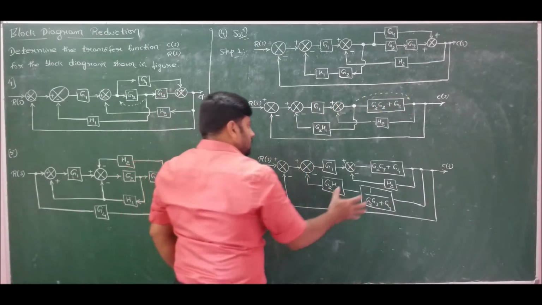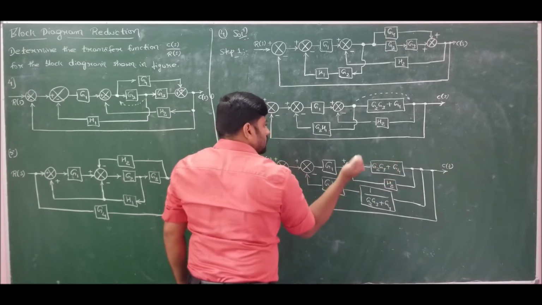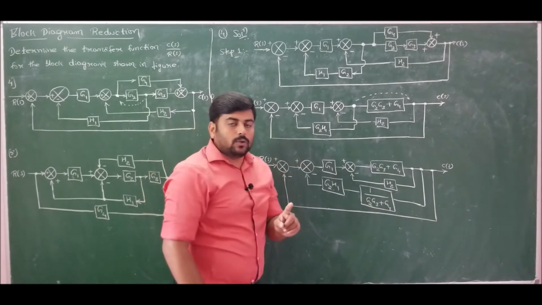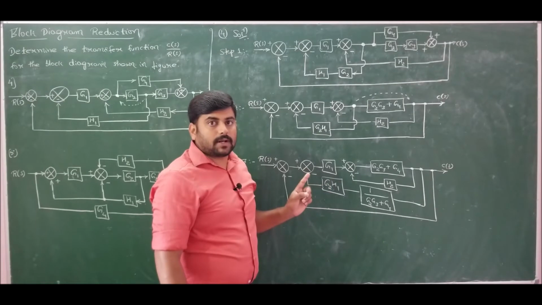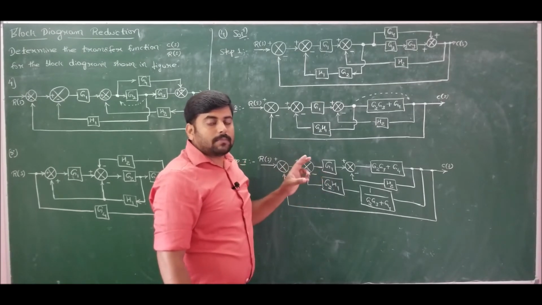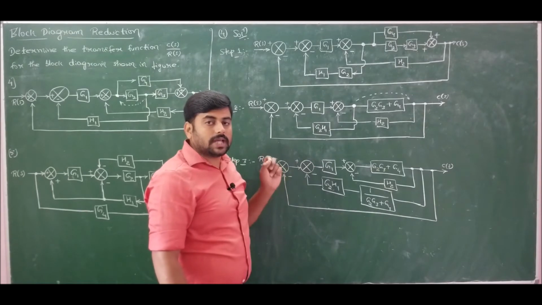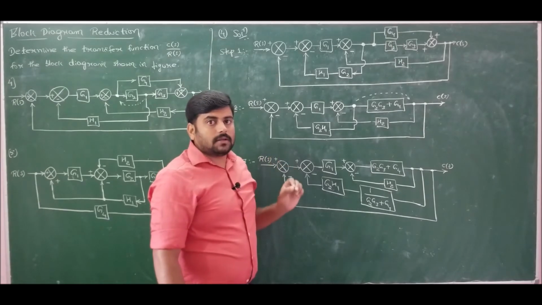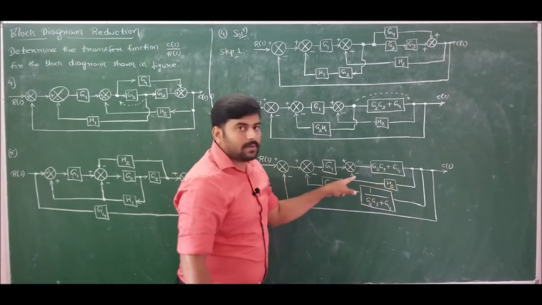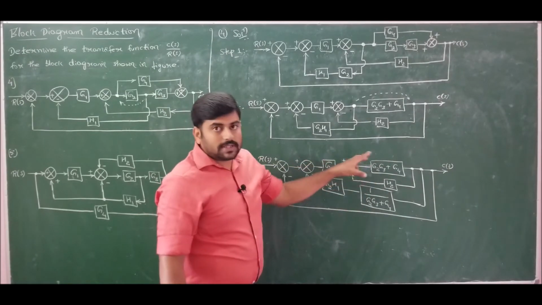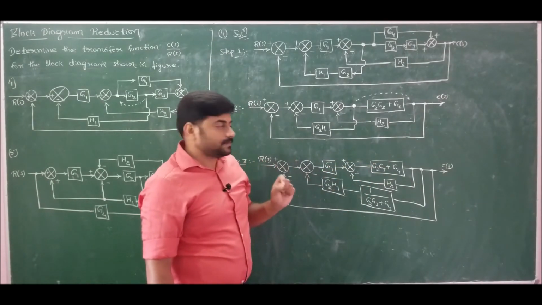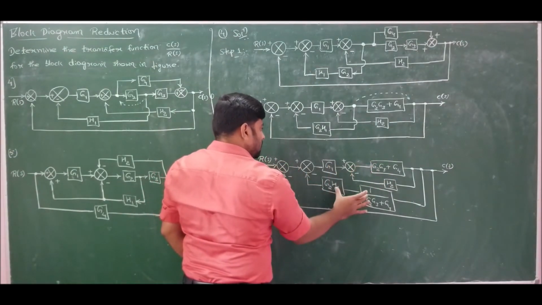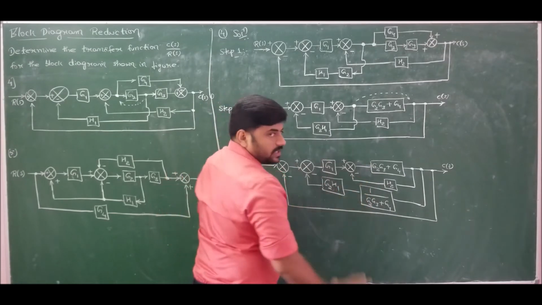So now it is clear that this is a loop. So I can solve it G of S divided by 1 plus G of S into H of S. Be careful that for a loop there will be one forward path and one feedback path, whereas in blocks in parallel, both the paths are forward paths. Keep that in mind. Depending on the arrows, we can detect whether it is a loop or blocks which are in parallel. Here only one forward path, one feedback, hence this is a loop. If I have two forwards, then it is blocks which are in parallel. Now this will be solved and these two will be in series, and these two are in series, again G of S into H of S, and we got the canonical form.